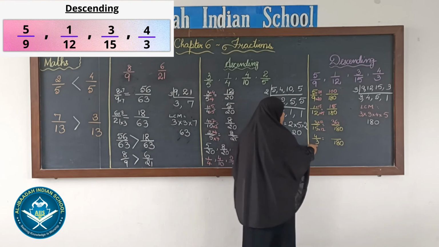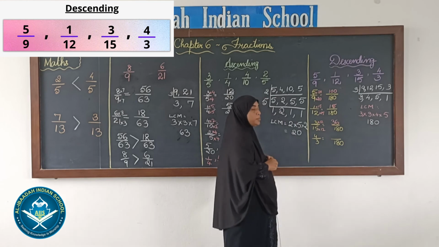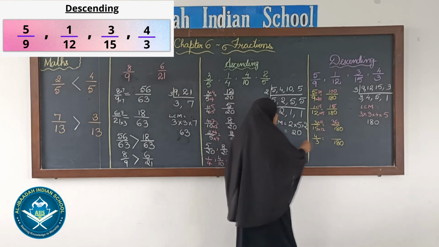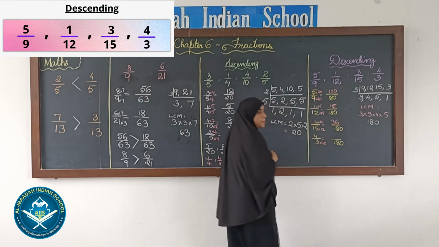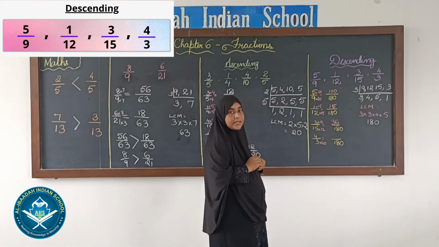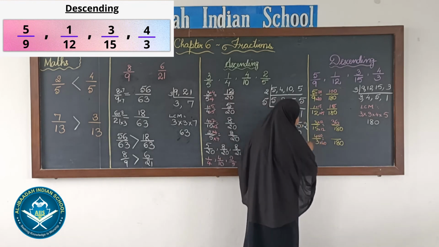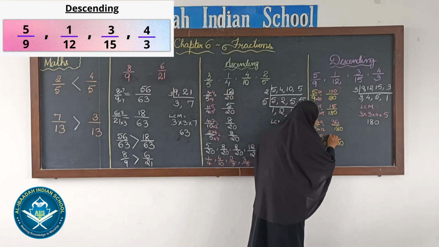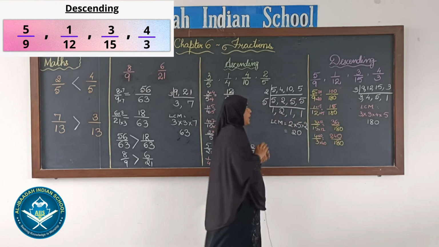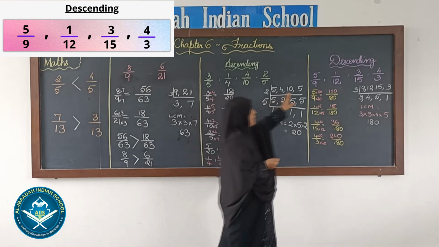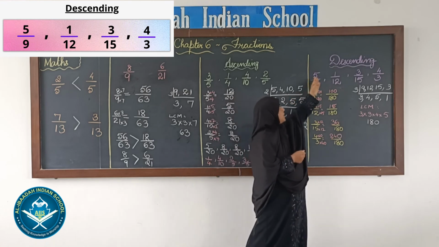Next, we have to change 3 to 180. So what is the number that we need to multiply here? We will have to multiply it with 60. Okay. When we multiply 3 with 60, we will get 180 as the answer. Same way we will have to multiply the numerator also with 60. So the numerator that we get will be 240. See, I have changed unlike fractions to like fractions, okay, which are equivalent, equal to these fractions.